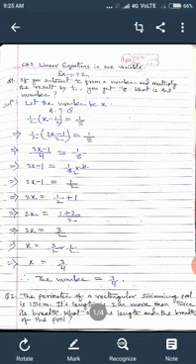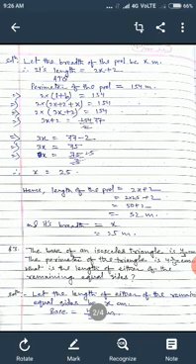Now listen. Let us try to understand the question. Suppose the perimeter of the swimming pool is given, that is 154 meter, and the length is 2 more than twice its breadth. Means suppose you take breadth as x, so what is the length? 2 more than twice its breadth, means 2x plus 2. Length is 2x plus 2. Now, how can we solve this question? Let us see the solution.